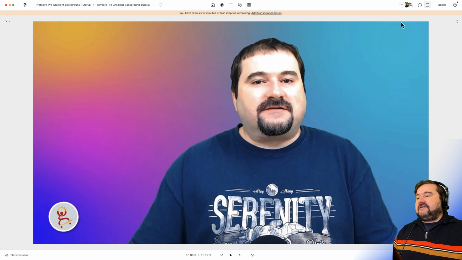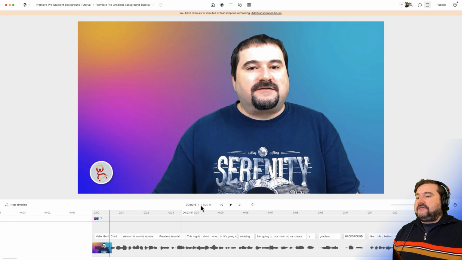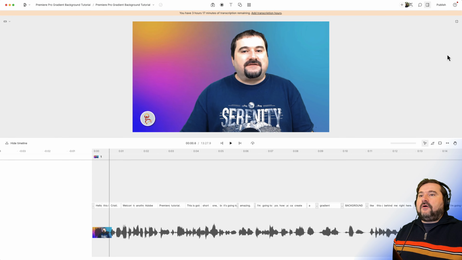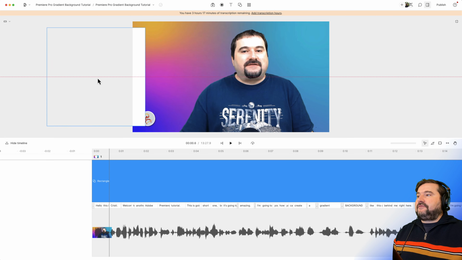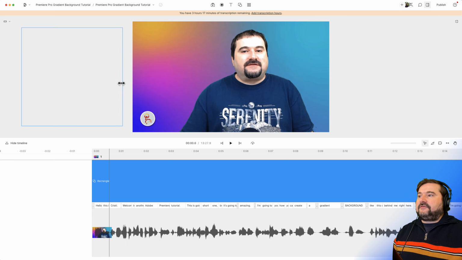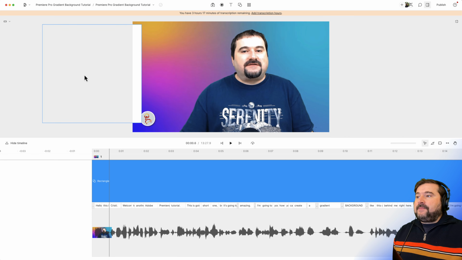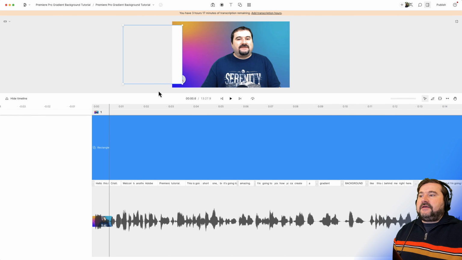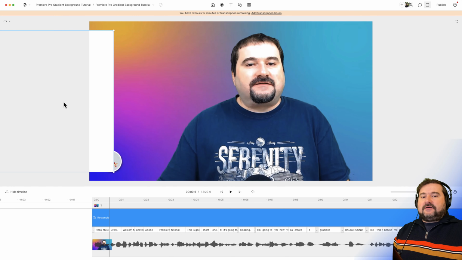The nice thing is that if you had something that you needed to manipulate that was off the screen, it was kind of hard to do before. But now look, if you expand the timeline, you can push the timeline up, and you can see that you have access to all of this area on the left and the right of the canvas. So if you, for example, have a rectangle or something that was off the screen like this, you can now access that and animate things coming into the scene or going back out, which was very hard before because you had to shrink the canvas so small to be able to access all these things that are on the outside.